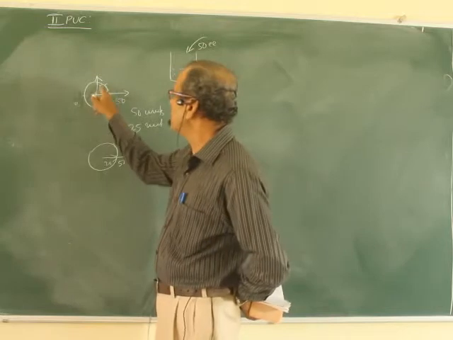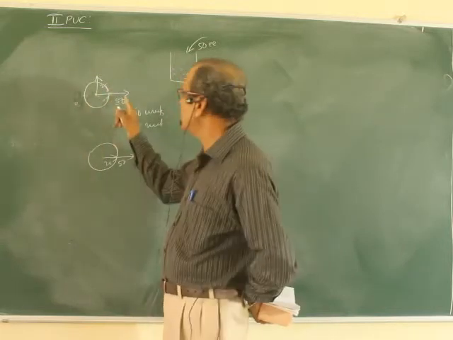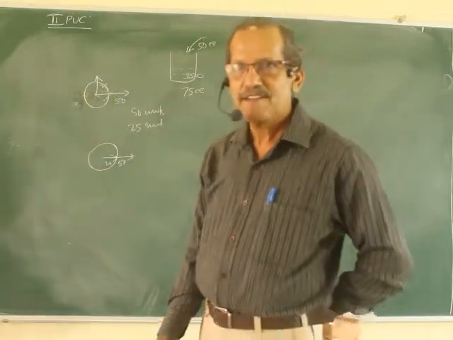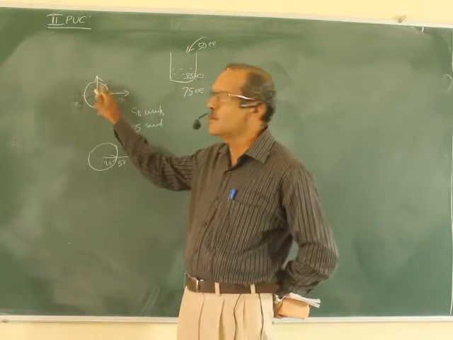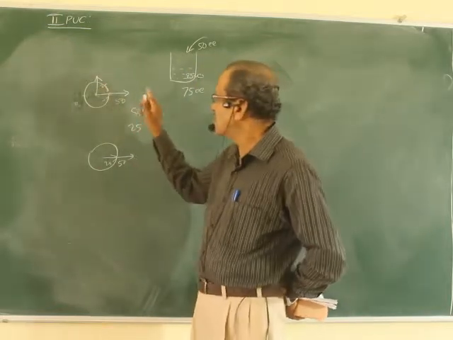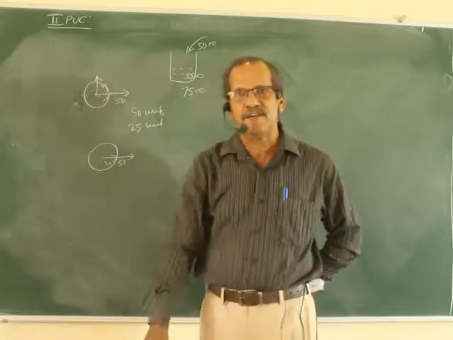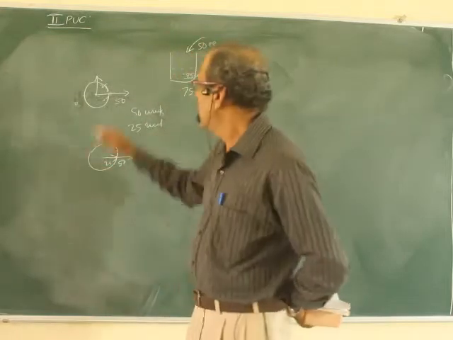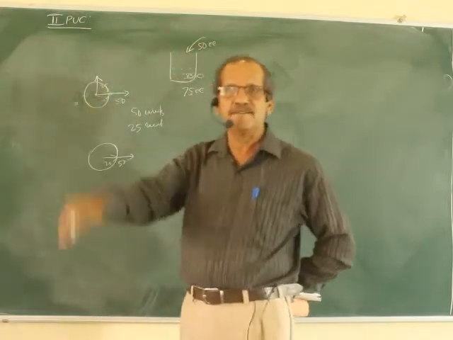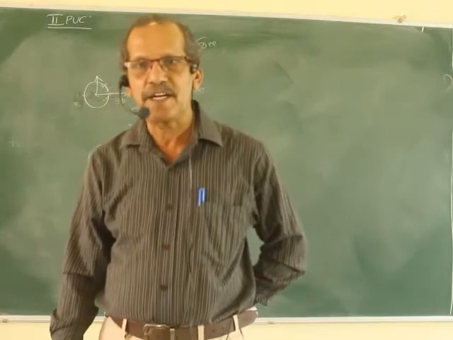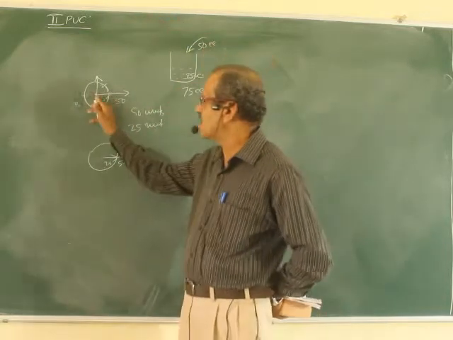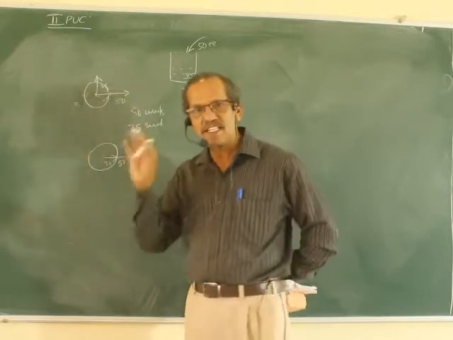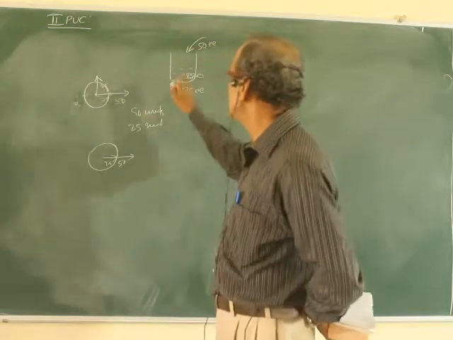And it is not 50 plus 25, 75. Or it is not 50 minus 25, 25 either. It is something else. Because here, it is the sum of two vectors. If the same direction, the sum of two vectors is 75. If they are in opposite directions, the sum of two vectors is just 25. If they are like this, you have to calculate what is the magnitude of the vector, and what will be the direction of the vector. So, adding two vectors is not just mere adding of the numbers as in the case of this.